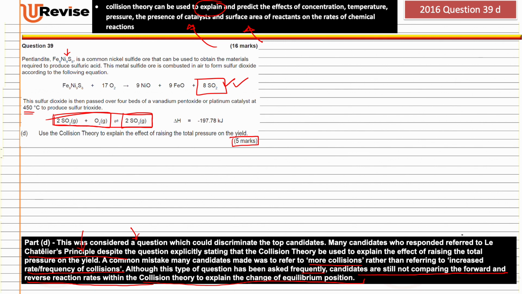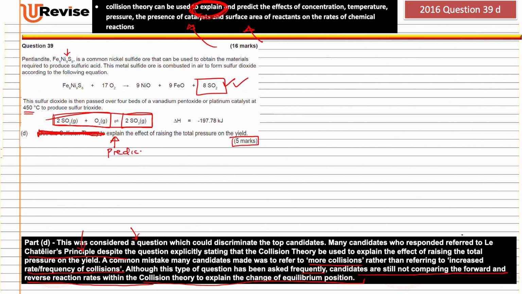Another thing in terms of this here, I'm sure the examiner has been a little bit nicer here, because in my assessments at school, I would just say, explain the effect of raising the total pressure on yield, because I'm expecting students to be familiar with this syllabus point, because in all my lessons you will see the syllabus point and I'll explain what it means, and I'll keep reiterating it. I wouldn't have put this if I was the examiner. I would have just said explain, or if it says predict,